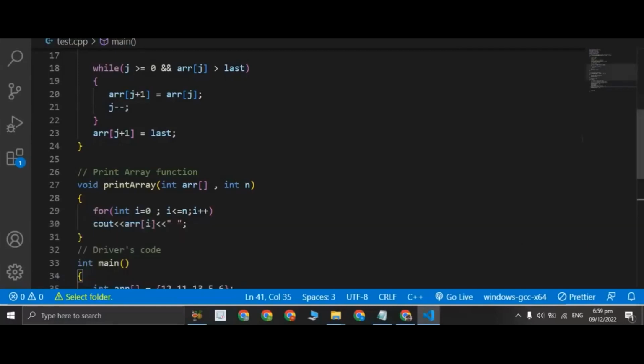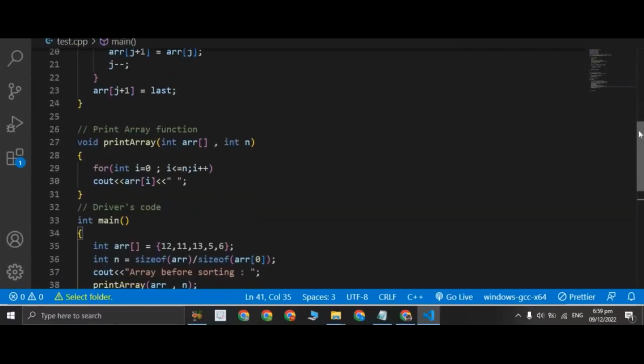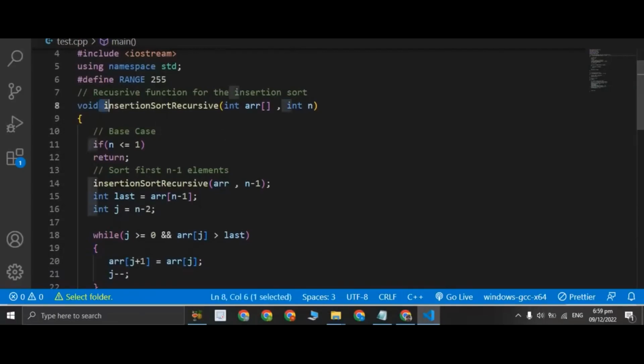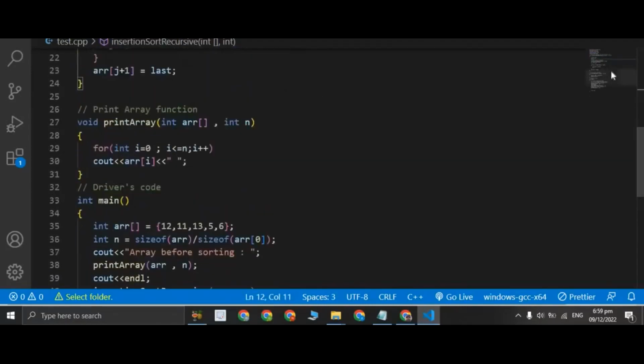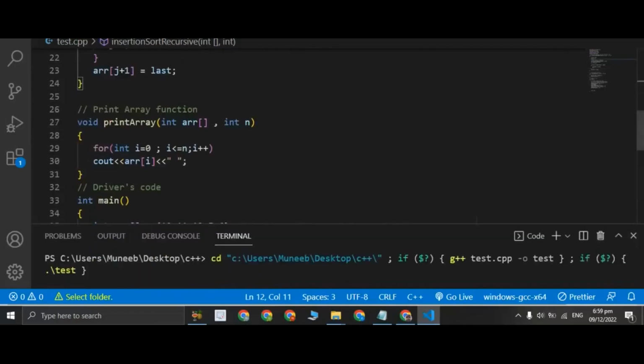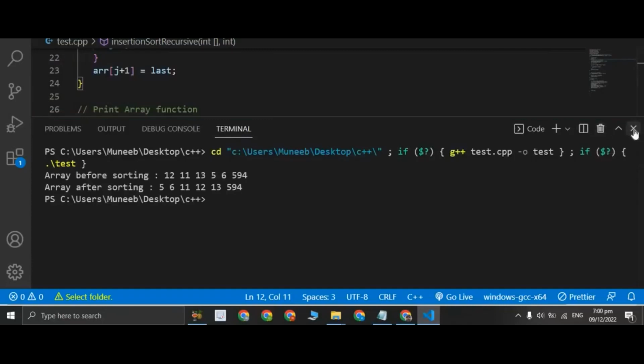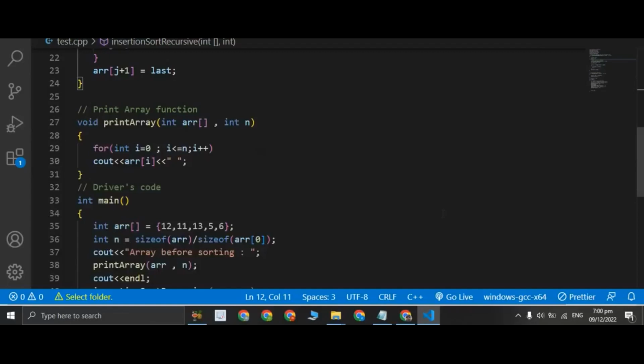In our previous video we discussed the recursive method of implementing the insertion sort in C++. So we made this insertion sort recursive function and we defined our base case, and then we tested this program, and it was a successful execution. Our array was sorted indeed. And for now, in this video we will be discussing a bit more important and a little complex topic,